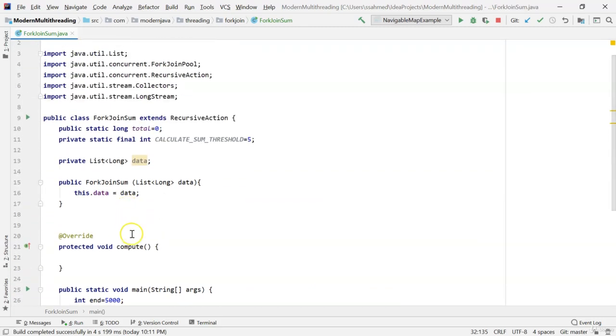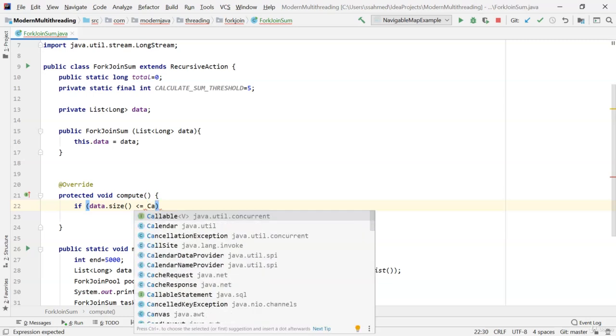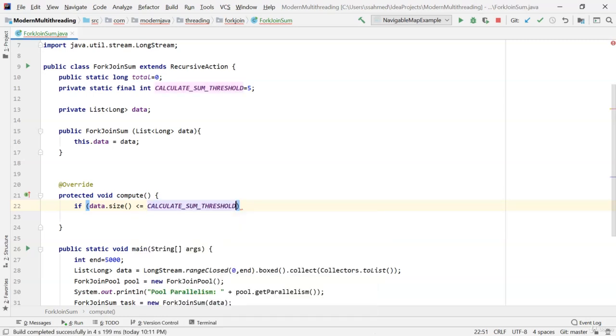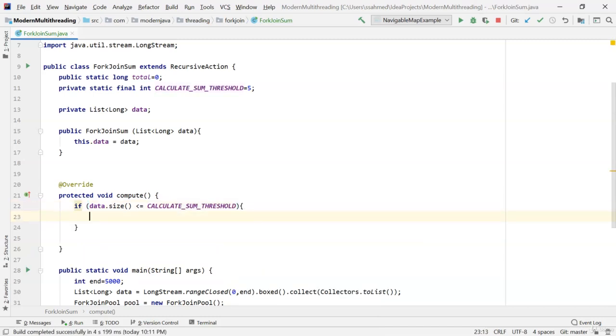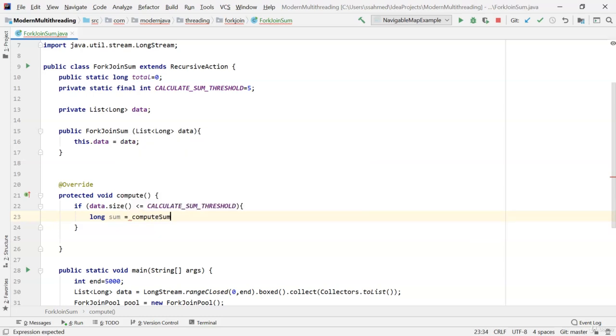Now let's start implementing the compute method. So inside the compute method, first of all, if data.size is less than, if the task is split such that the size of this data is less than the calculate sum threshold, then in this case long sum is equal to computeSumDirectly,